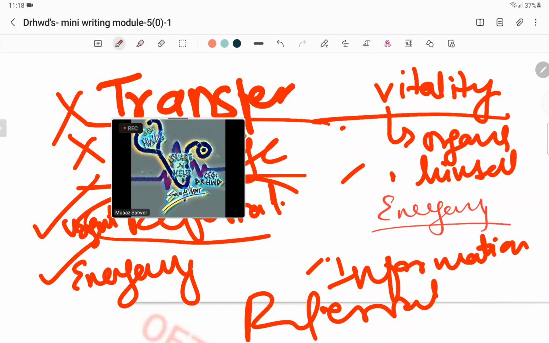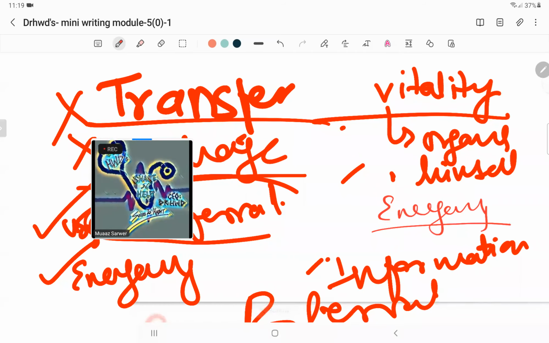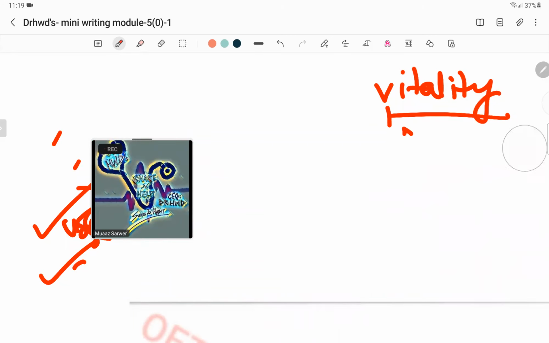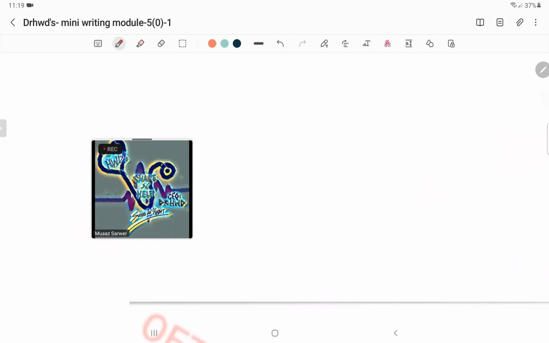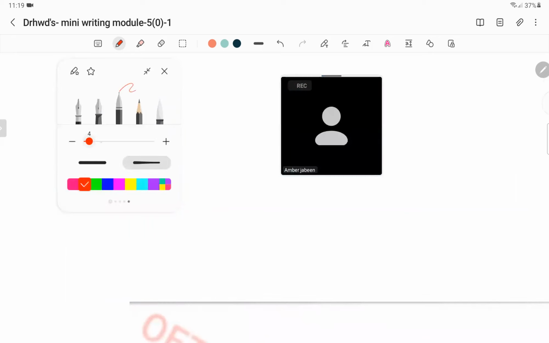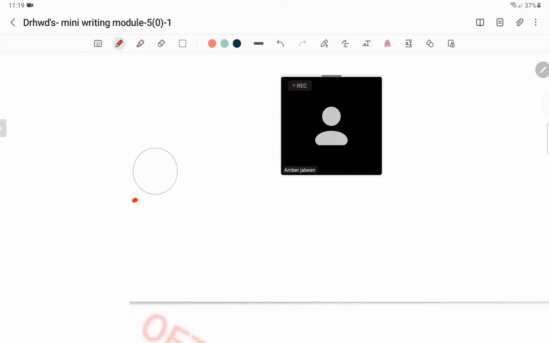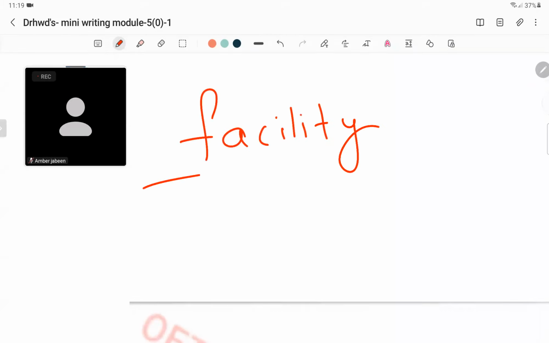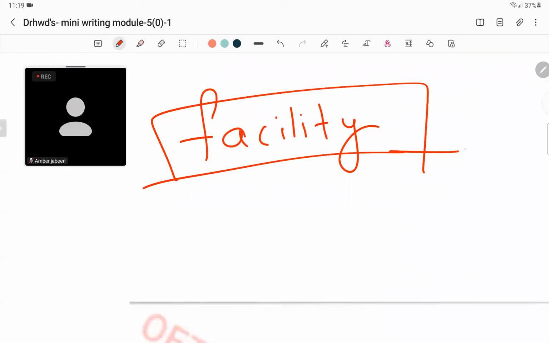Okay, now I've told you, what does it mean by transfer? Dr. Deepa, if you're there, could you tell me what it means? Or Dr. Amber, what does it mean by a transfer letter? Transferring is sending a patient from one hospital setting to another hospital setting. Right, one hospital or one facility. Let's call it a facility, right? Let's not limit ourselves. What I'm trying to give you is a broad understanding of any kind of letter that might come your way, right? So that is a transfer.